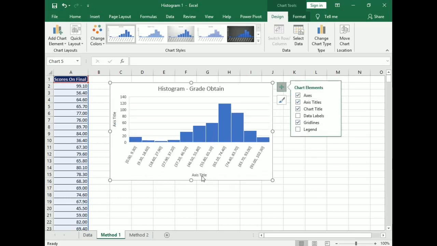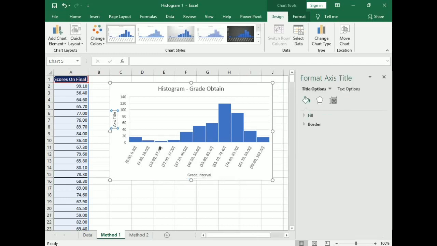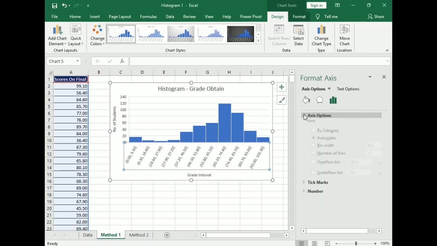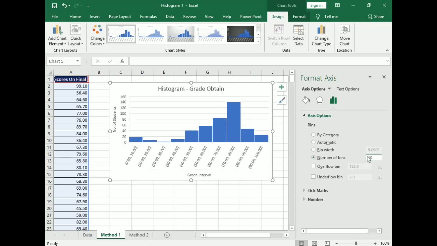Now rename the titles. Now to modify the number of bins, select the grade intervals, then go to Axis Options. Now select the number of bins and modify it to 10.